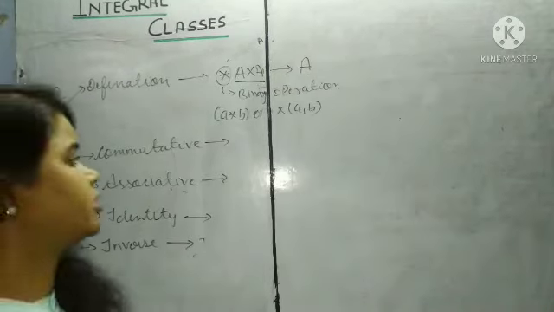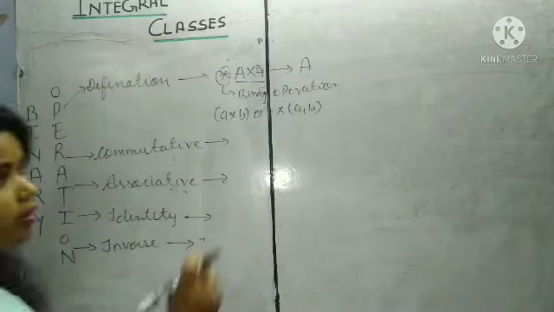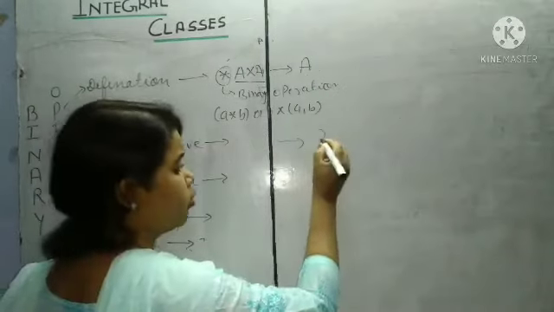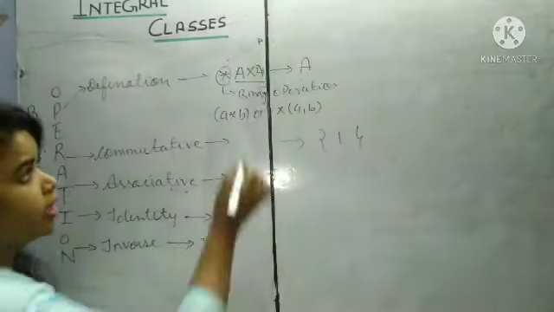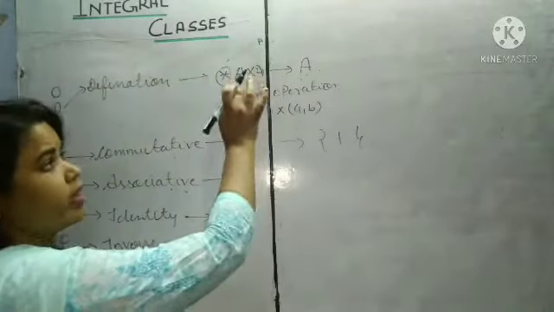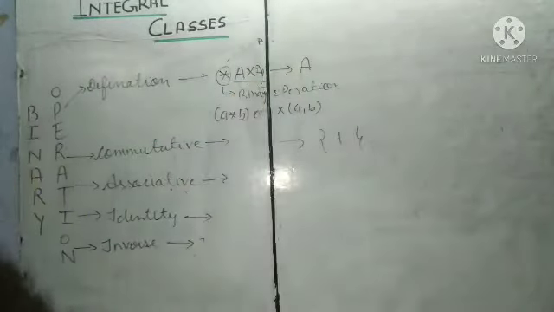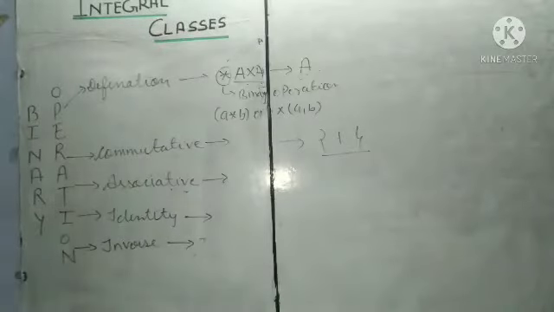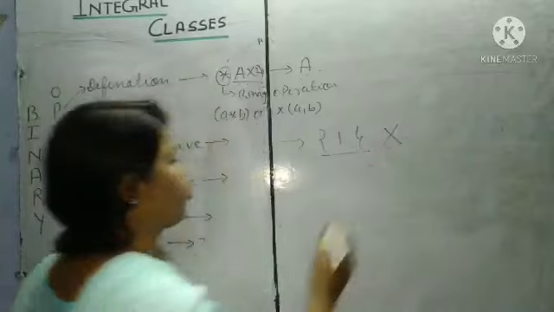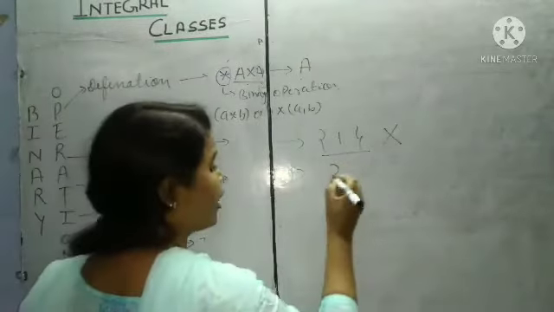Now we will discuss some important points here. Binary operation does not work in a singleton or void set. What is the meaning of a singleton set? It is a set which contains only one element, and we know that binary operation always applies on a cross product. So we need two elements here, but a singleton set has only one element. So binary operation is not applied in a singleton set or void set.